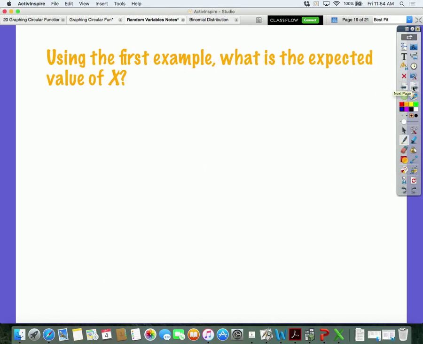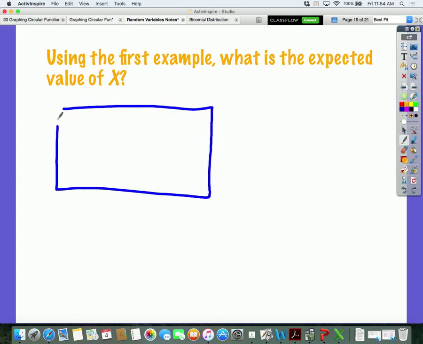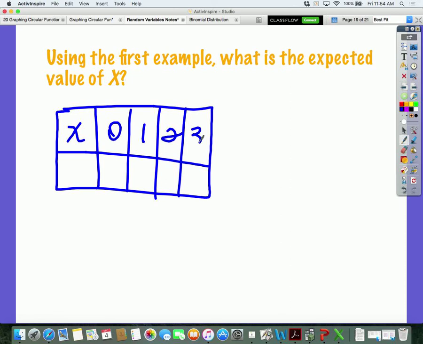Alright. So using that first example, what is the expected value of X? That first example I'm referring to is the one about the sixes. Remember how we have no sixes, 1 six, 2 sixes, and 3 sixes with their respective probabilities, which were 125, 75, 15 and 1. Okay? So to find the expected value of X, you would take each one of your X's,